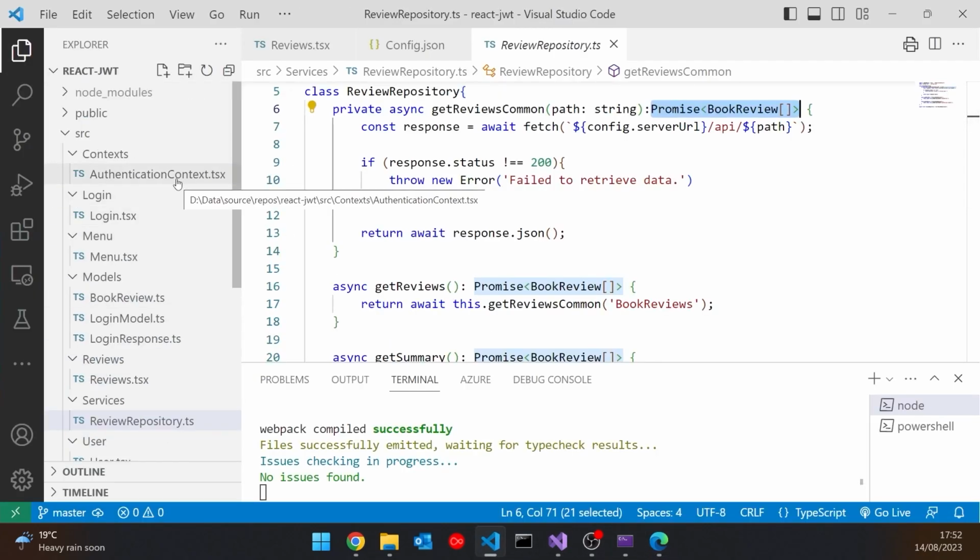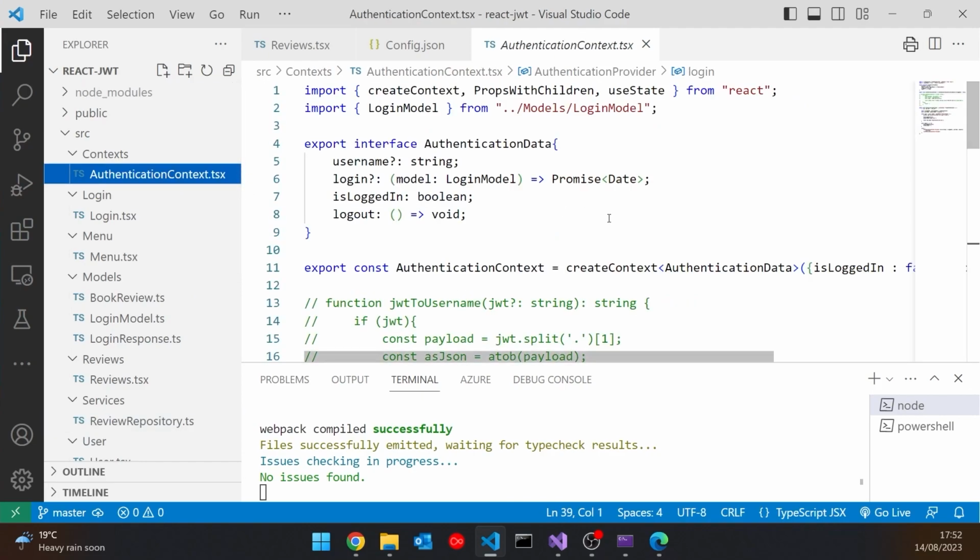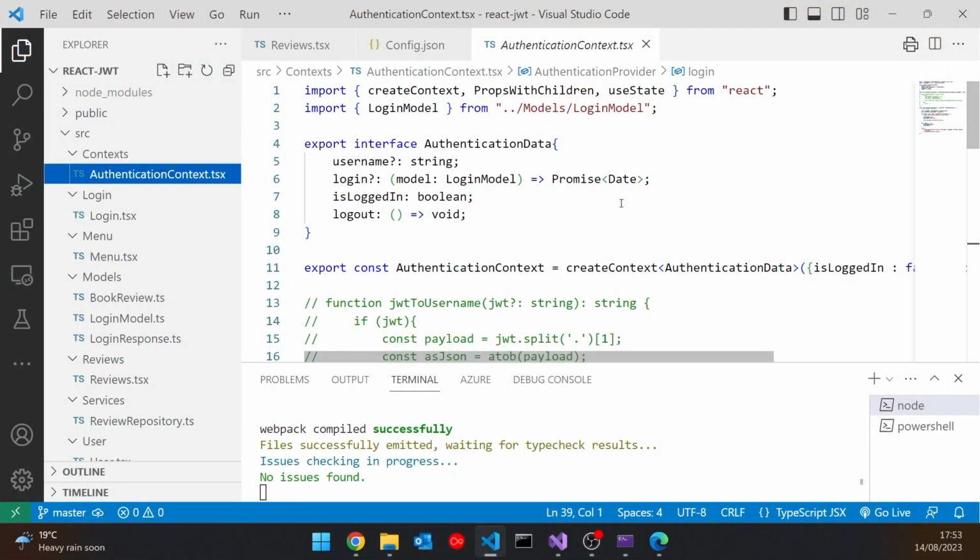Because I've put all of that in a thing called an authentication context. Now, in React, we don't have, by default, dependency injection and injectable services, but the sort of thing we can do is have an authentication context. And the way that has to work in React, we don't, again, unlike Angular or Blazor, have a constant monitoring of all our data-bound properties so that when they change, the DOM and the display get refreshed. We have to have this thing called a state hook, which specifically means we set the state when it changes, and that's what triggers the refresh. And so that's why we have this authentication context.